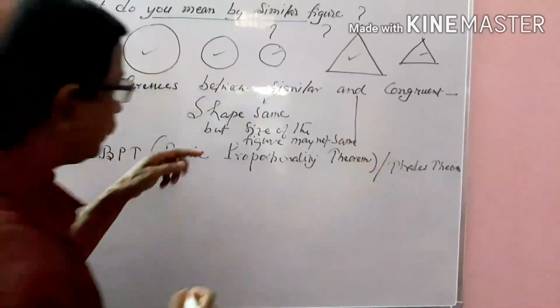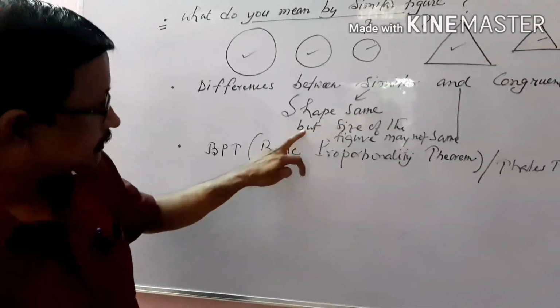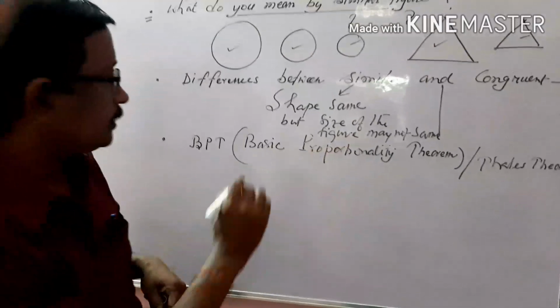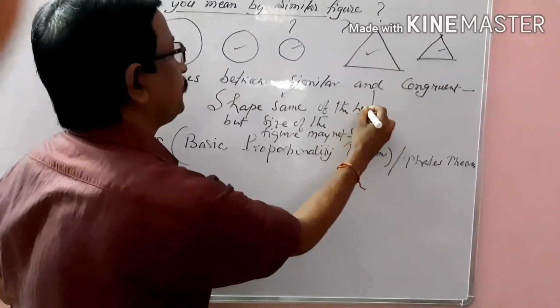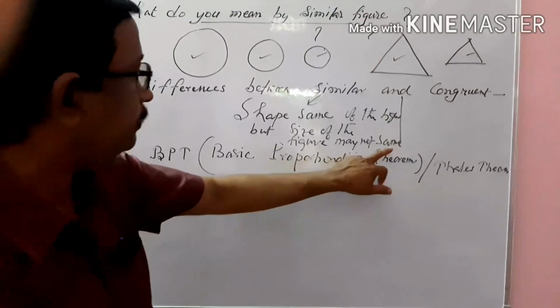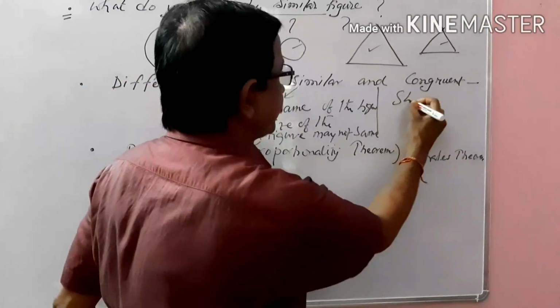So in case of similar, the concept is same shape, and the size of the figure may not be the same. Write it there: same shape of the figure, and size of the figure may not be the same. And in case of congruent, shape and size